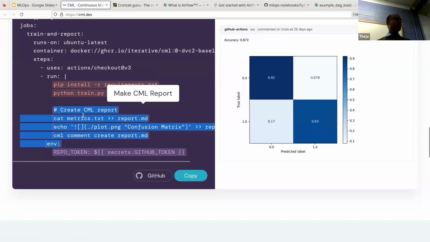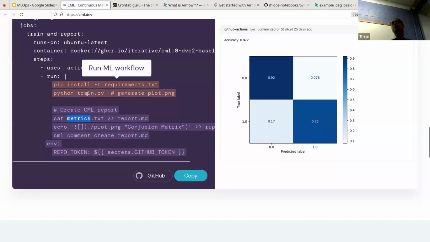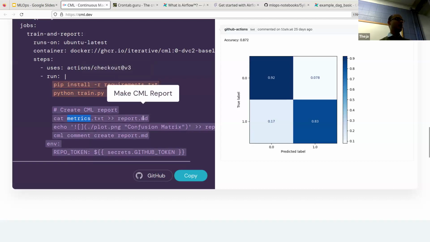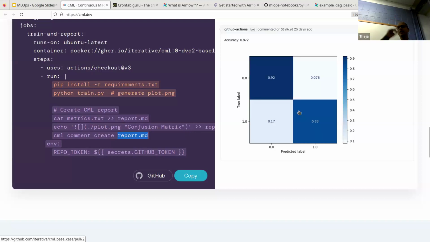Yeah, this part is just getting the numbers. So these numbers, how are we getting them? It's from train.py, which has a way to write a metrics.txt or something like that. We're just writing it into a report.markdown file, and then the plot is also generated by the train file, train.py. And so the metrics and the plot are just concatenated into a single markdown text file, and that text file is just attached back to the pull request.